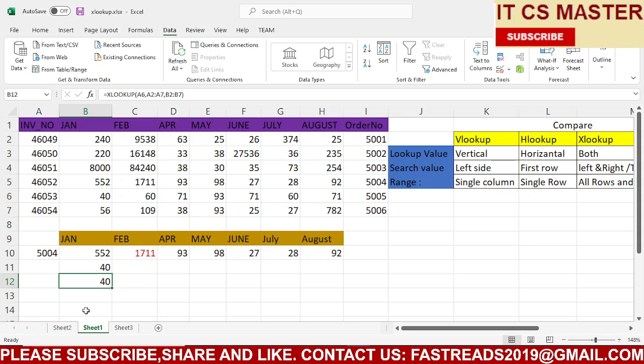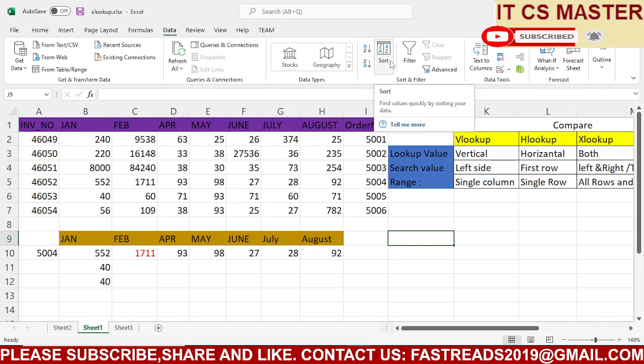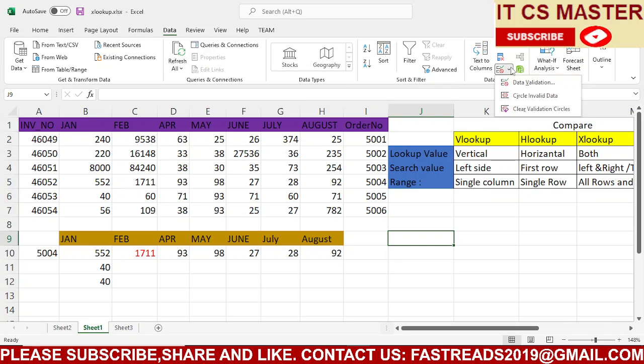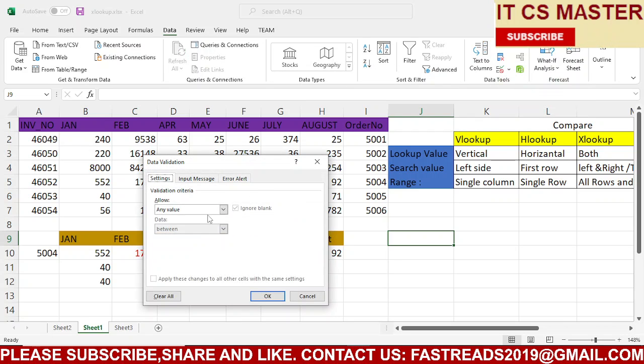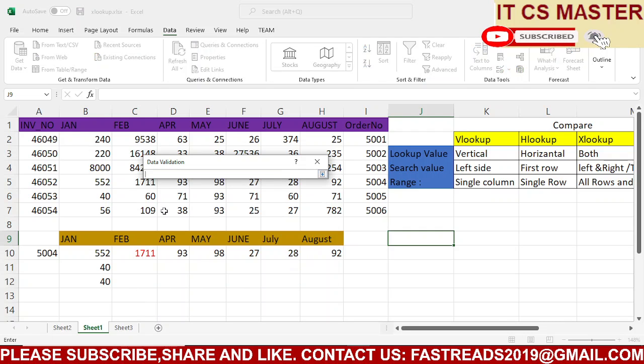Now we use XLOOKUP with rows. Before, I found values with columns. Here we will find values with rows. Again I am taking a data validation and selecting the range.